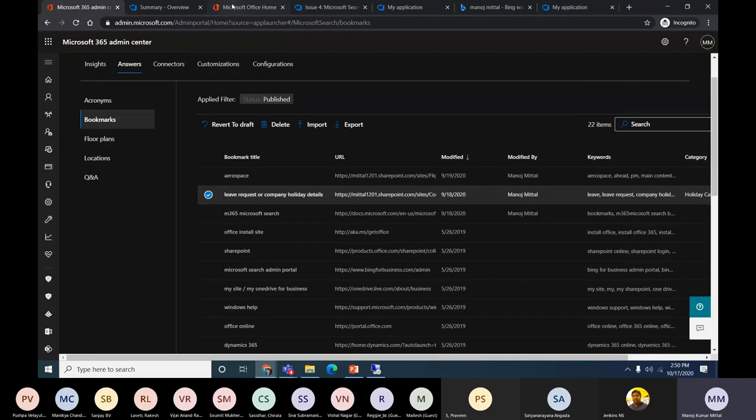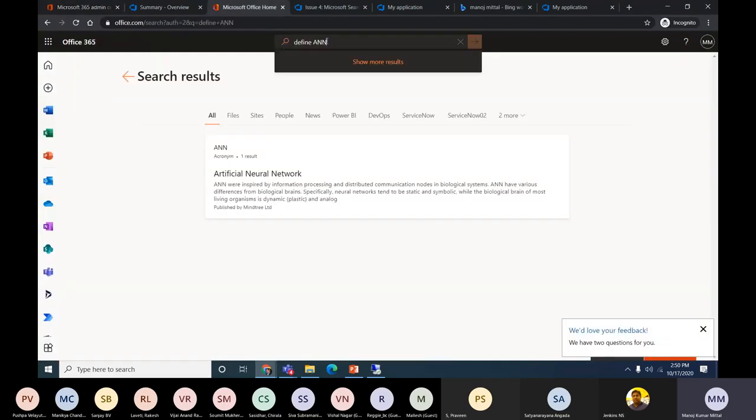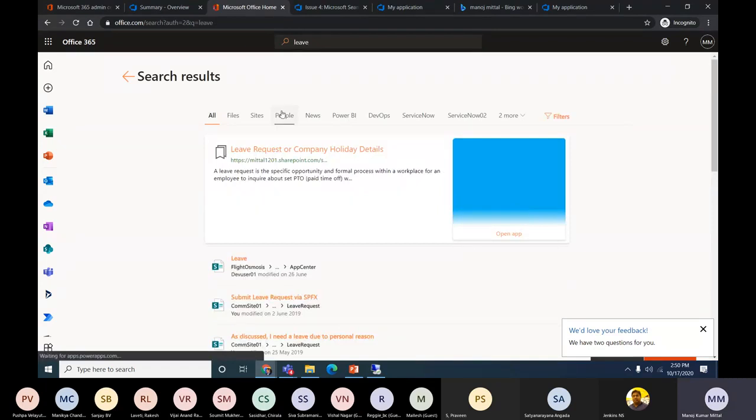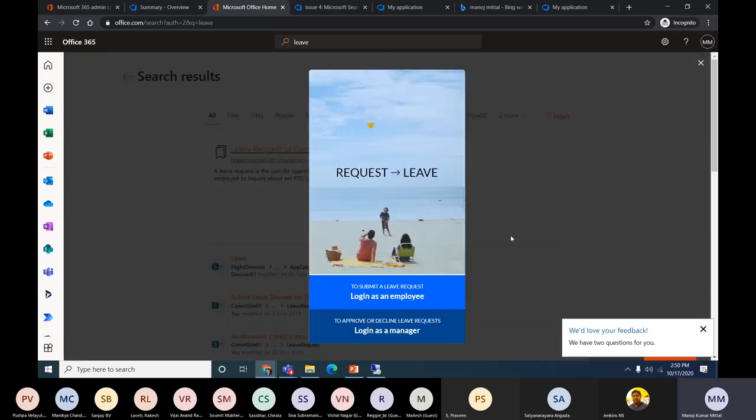And if I go back to this section and just search leave, which I have as leave request, company, holiday, my promoted result will start appearing here. And this is the default interface, where we can add as much information to cover this space as a description. And my preview of the applications will come up with the design we have given. So we can just start working on these sections.